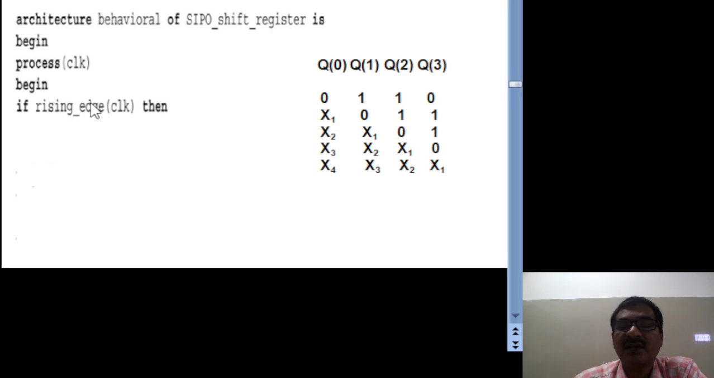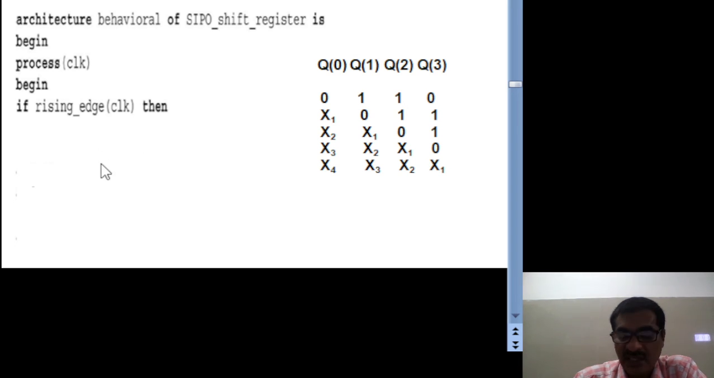Now the right shifting operation is represented on the rising edge of the clock. Only during the rising edge can the shifting operation take effect, otherwise not. So if the rising edge of the clock happens,